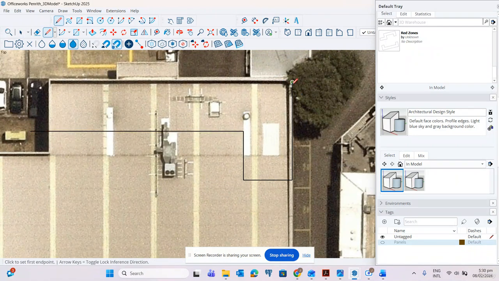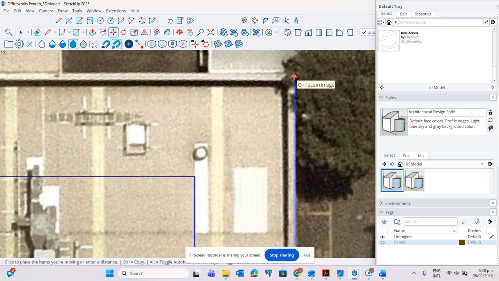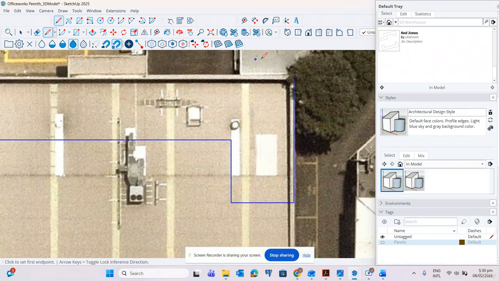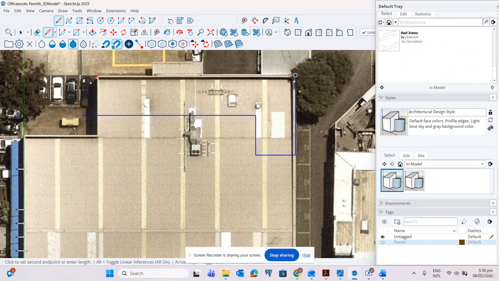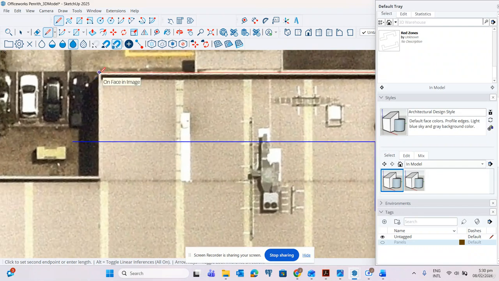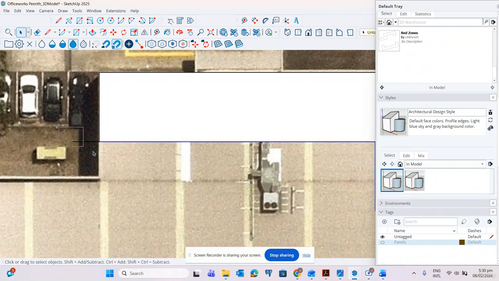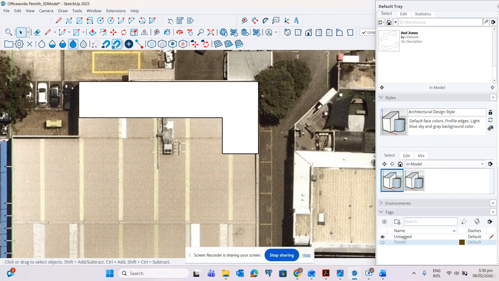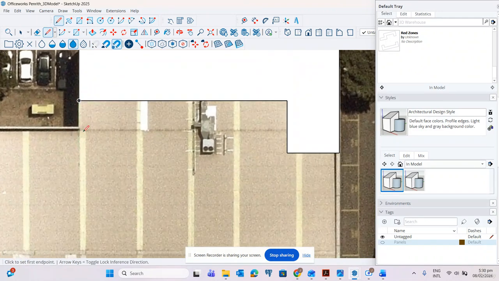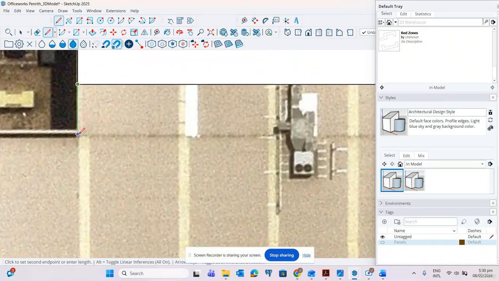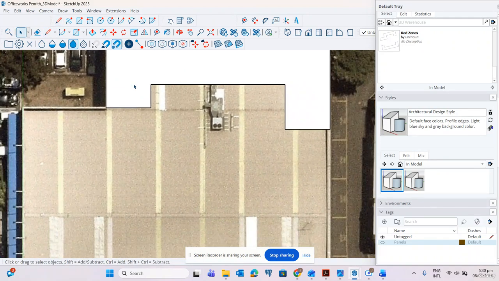We will draw again. Okay, we will move a little bit. Then up to this point, we will remove the axis, and then we will select again up to this point, and then 7. Then remove this line.